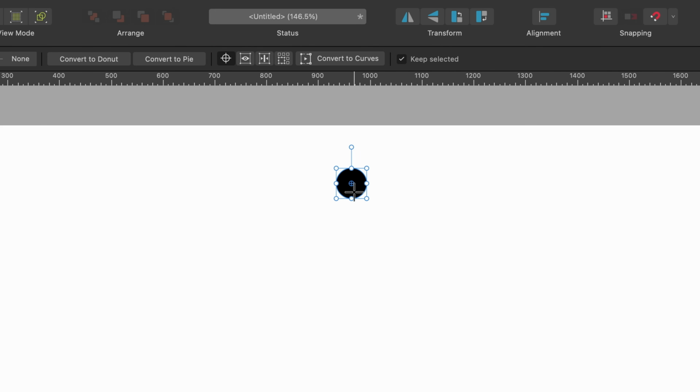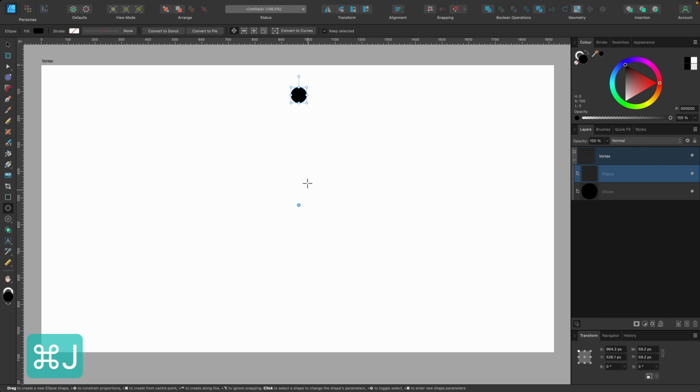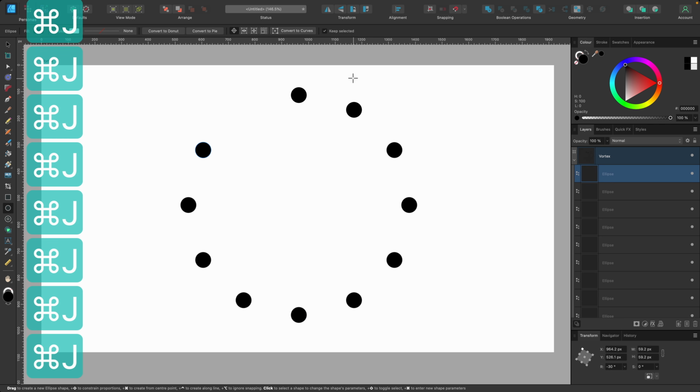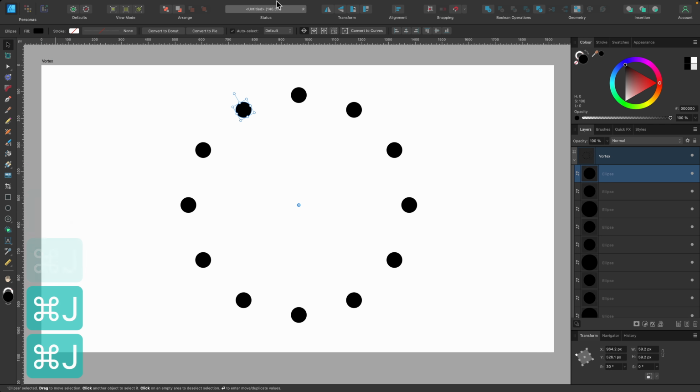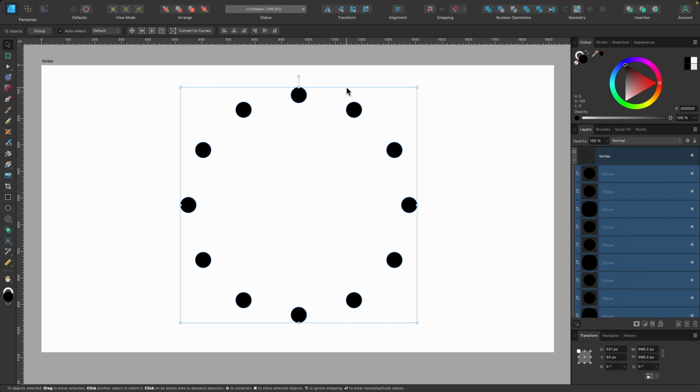So I'll just quickly knock up the same shape we just created using all the techniques I've shown you. So there we go. Enable transform origin, press Command J, twist it around, press Command J again. There we go. We have our shape back again. So from this point, you just select all of your circles there and you'll press Command J. Our duplicate has been made.